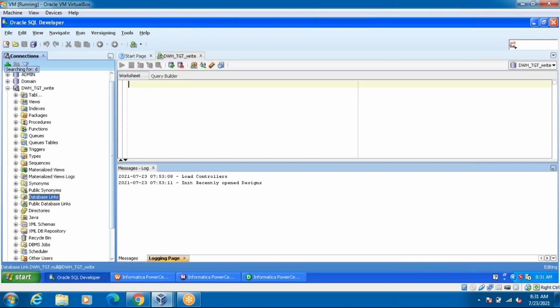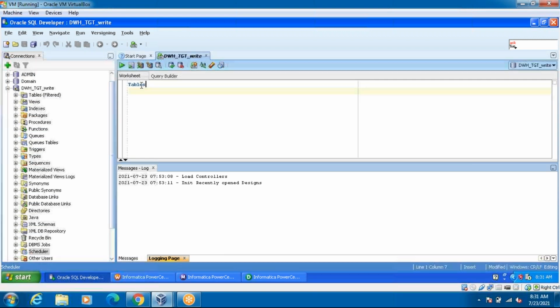How to check the structure? DESC, and then you have to take the table name. What is the table name? DESC EMP_AGG_NEW. Okay, I just executed this one.